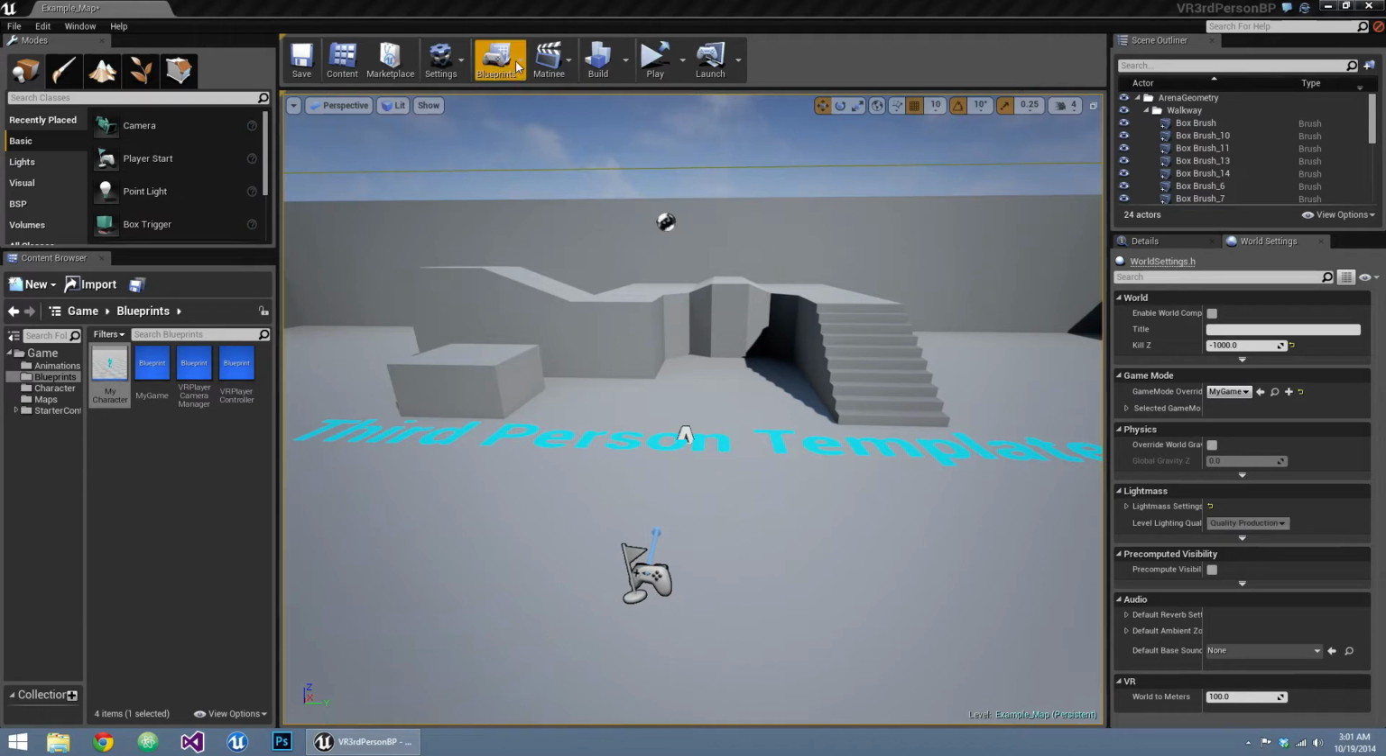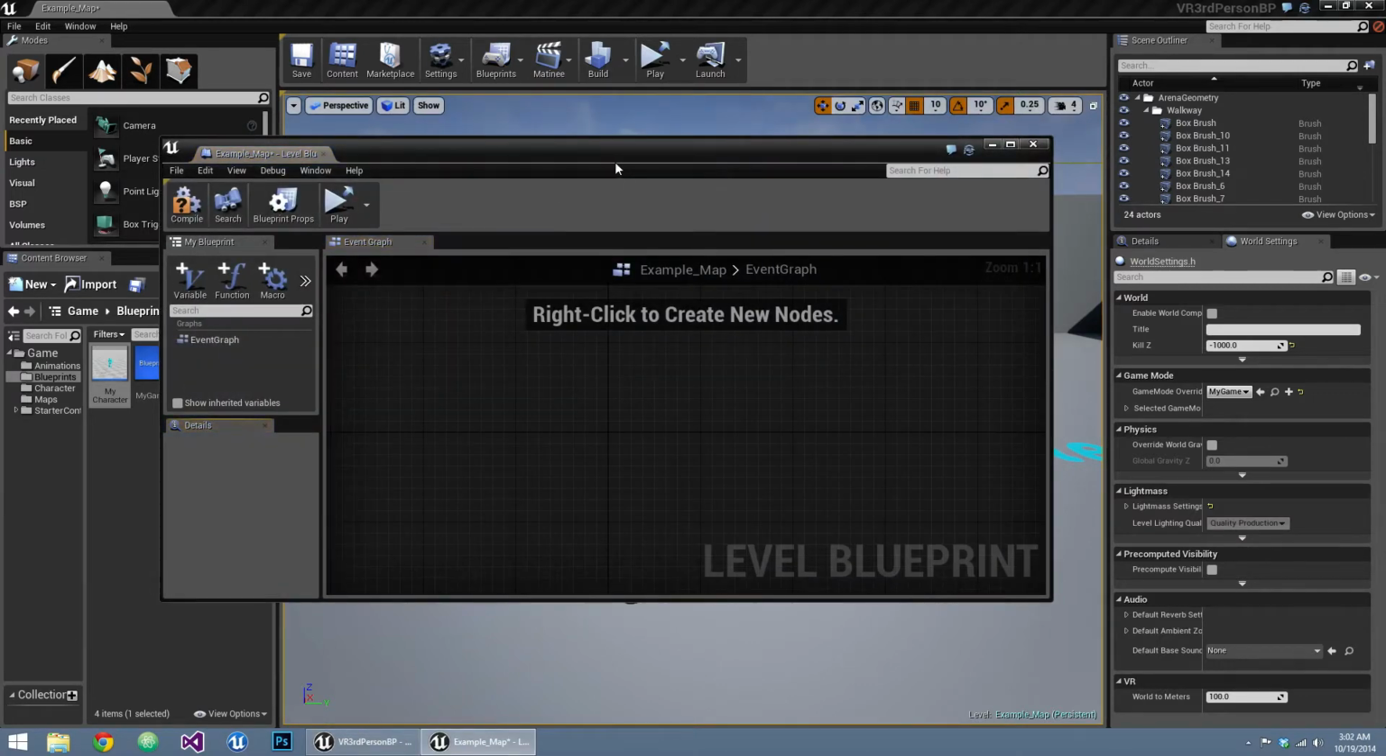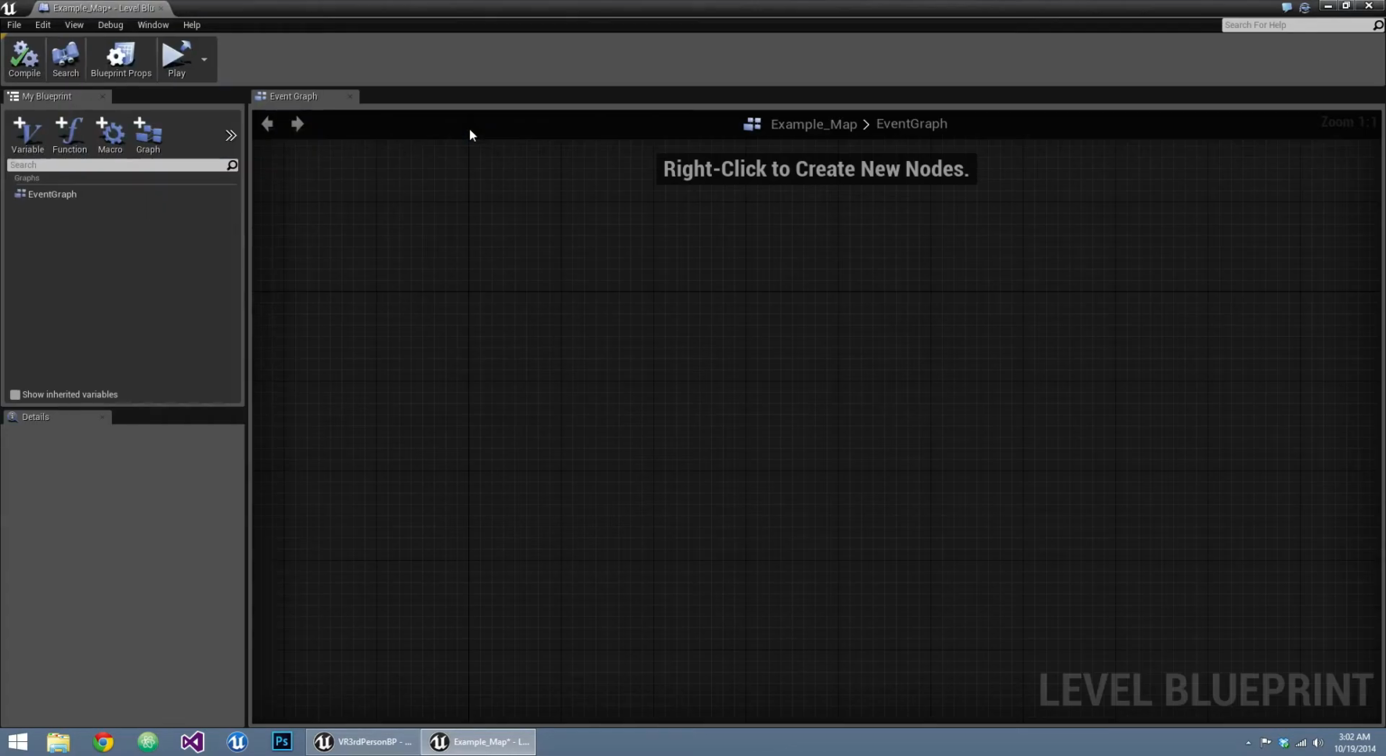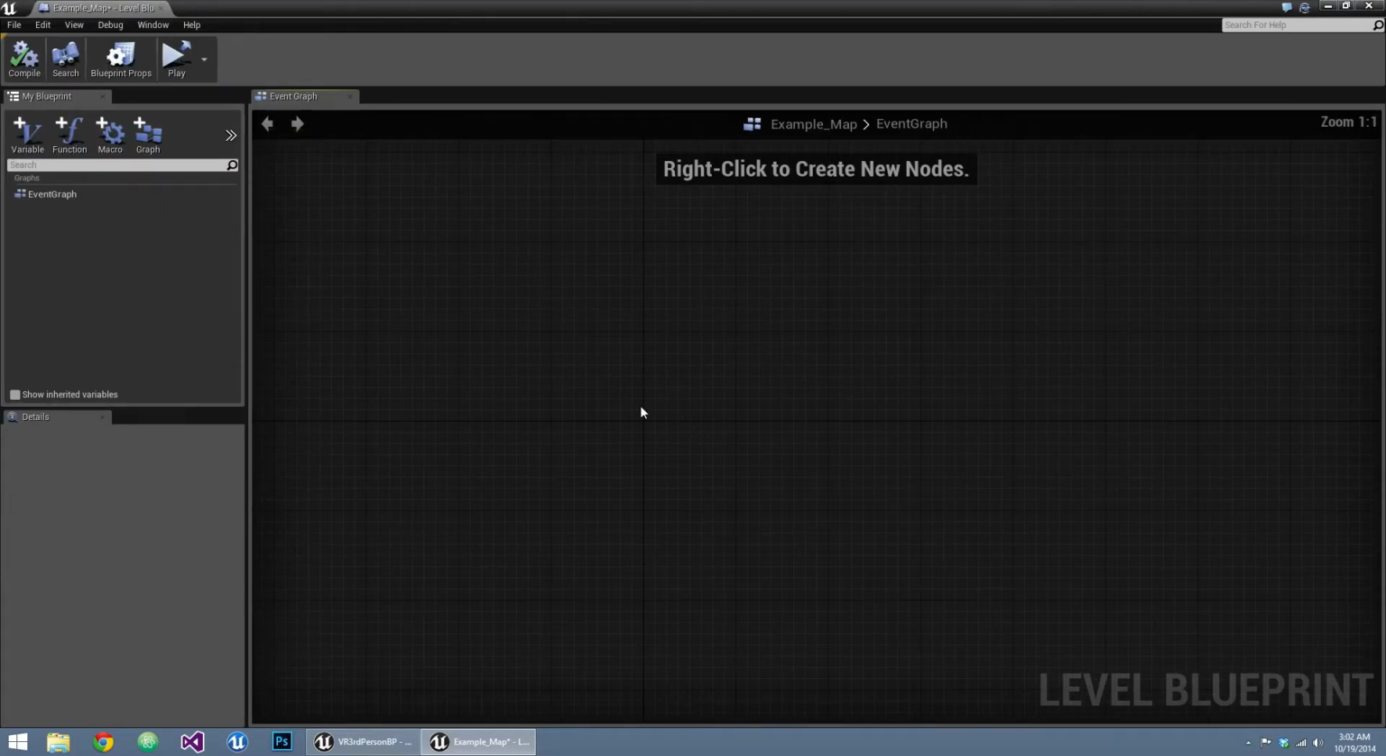So the first thing I'm going to do is go up here to blueprints at the top, and I'm going to open the level blueprint. If you're not that familiar with the level blueprint, it basically is just an overarching blueprint for the entire level. That's really all I can say. So I don't know why I was going into such a deep explanation. Anyway,